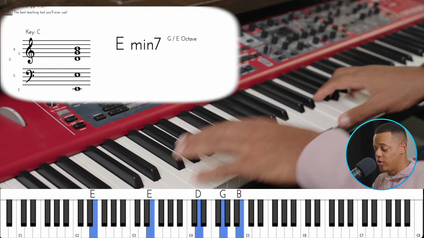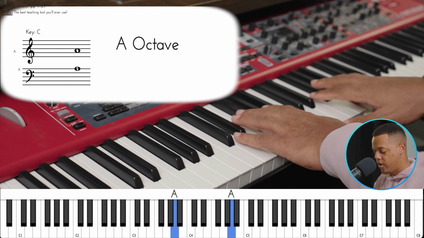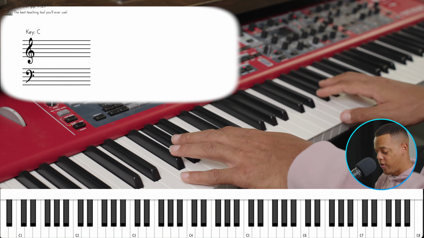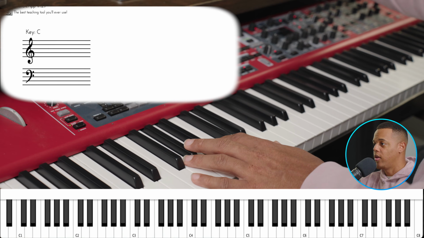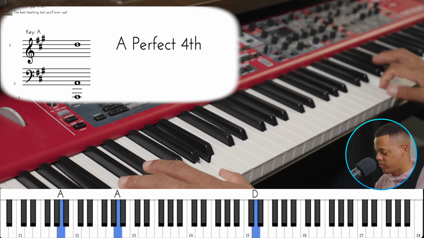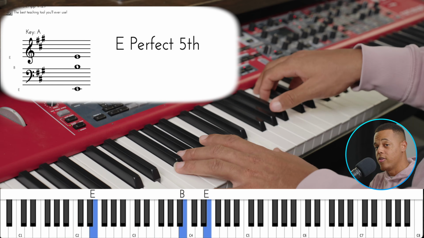And all that means is you can go any scale. So let's go to the scale of A. 5 and 3 are related. So we can play A, so we're on the 5, which would be E, right? We're in the key of A. So let's switch this to the key of A real quick. We're in the key of A. So the 5th note in A is E. So 5 and 3